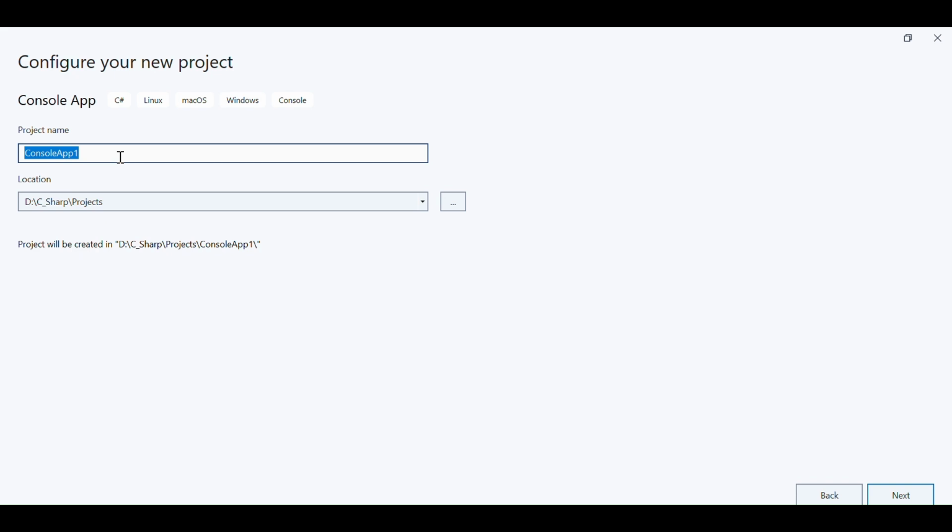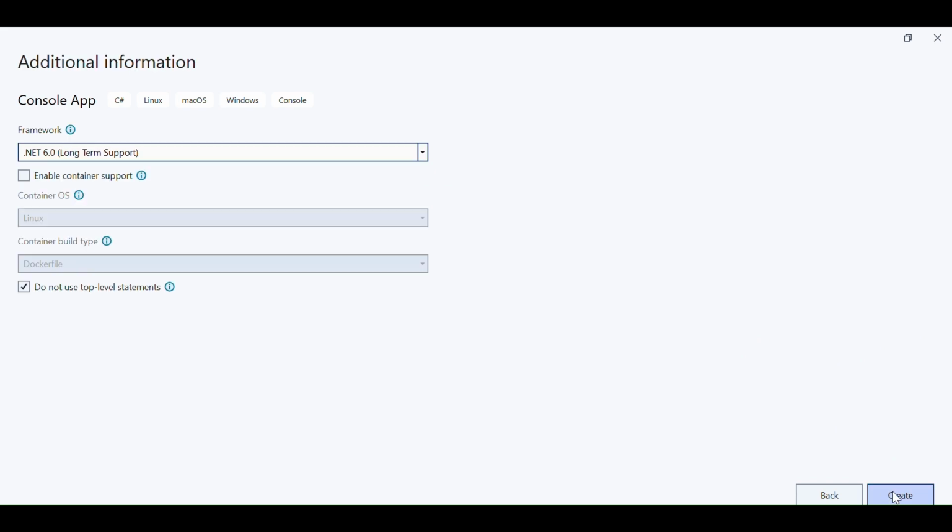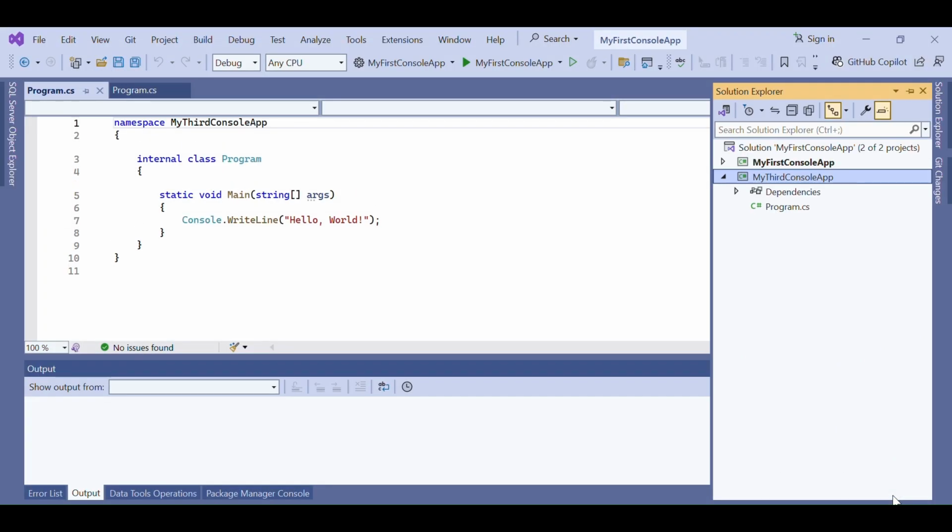Let's name it my second console app, or my third console app. Click on next and click on create. So see, there is more than one project. So a solution is nothing but a container of more than one project,